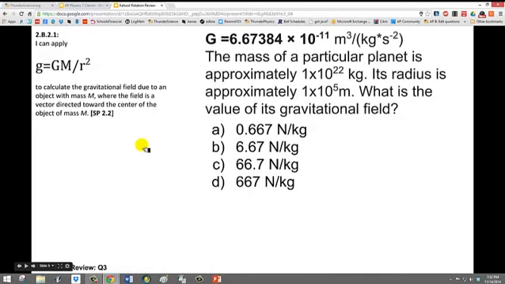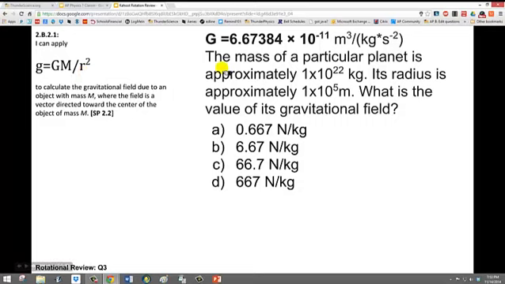All right, so in this particular question, I'm not really 100% sure of any other way that this can be asked on the AP test, other than you're basically just putting this in your calculator. So the way we calculate the gravitational field near any planet is this: big G, the universal gravitational constant, times the mass of the planet, divided by the radius of the planet